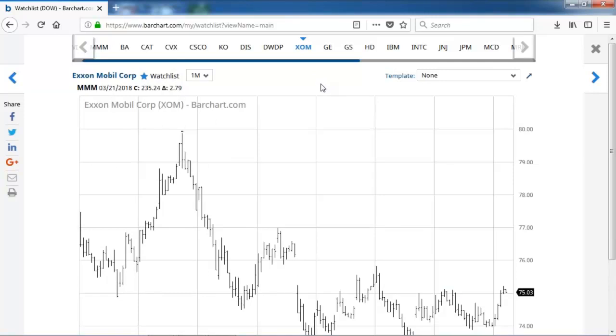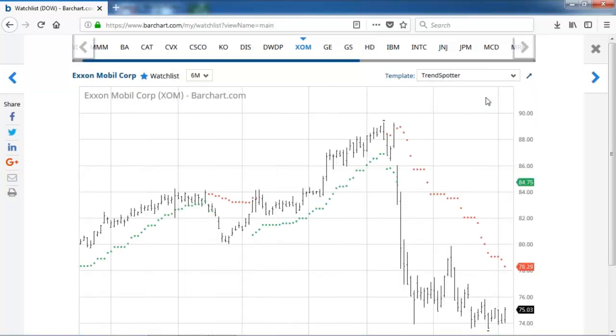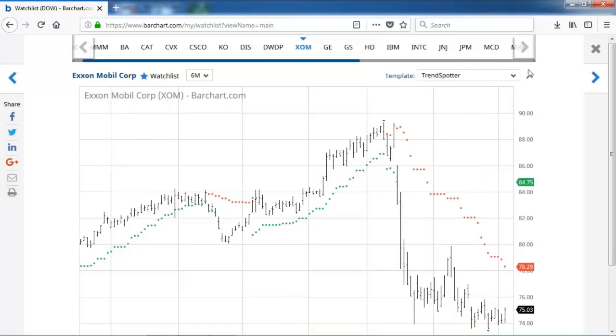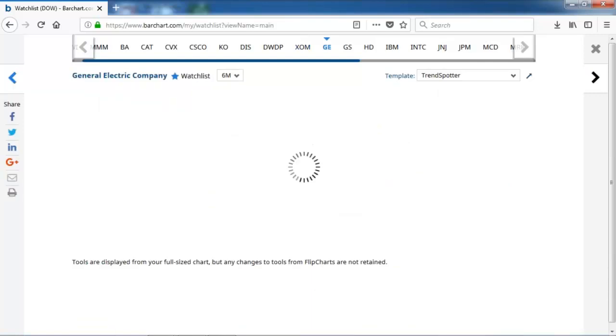Besides changing the time frame, we can also add some templates. Those familiar with flip charts know you can have overlaying studies or indicators built into the chart. So if I wanted to look at, let's say, Trend Spotter, which is a very nice bar chart indicator, what we're looking for here is a breakout between those red and blue dots out of a range. I can very quickly apply my Trend Spotter, and it gets automatically added to every one of these stocks